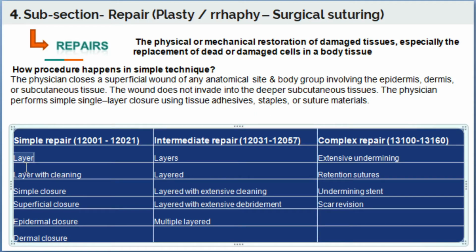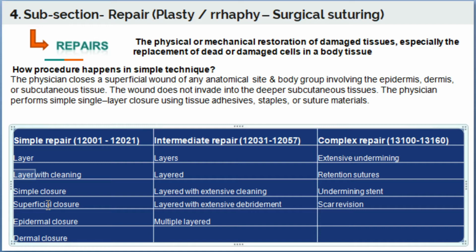Below is the table of keywords for a coder to identify what kind of method related to repairs the physician has adopted. In the simple repair, the keywords are single layer, single layer with cleaning, simple closure, superficial closure, epidermal closure, dermal closure. These are all synonyms of simple repair and the code ranges from 12001 to 12021.